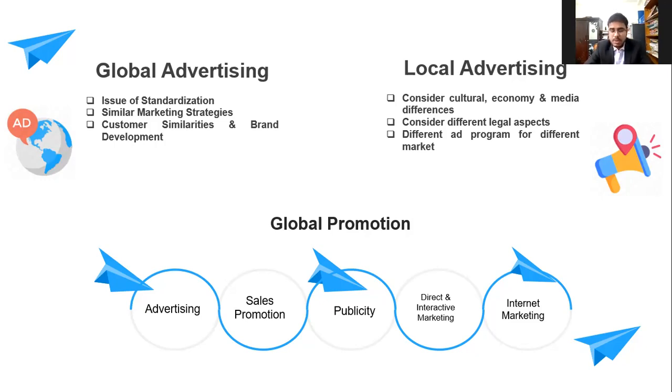Then sales promotion. Sales promotion, such as trade shows, has a huge impact in global promotion. These shows are a fertile ground for cultivating new customers for small and medium size enterprises. Then publicity. Publicity is important in global promotion by providing positive messages to the global stakeholders. Tainted water supplied by Coca-Cola in France had created a bad impression. Publicity is used to tackle such situations.